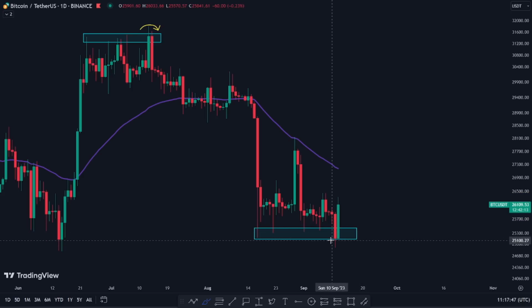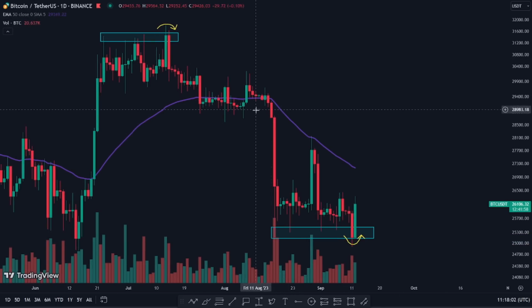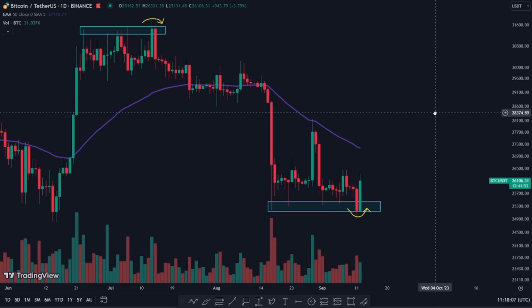But when I saw yesterday that we actually swept the lows and price didn't want to go lower, and I checked the volume, we're going to go through that in a minute, I thought, hang on, this looks exactly the same, okay? So then I pulled the volume indicator. This is an indicator that I don't use much, but for deviations or false moves, it can give you a good idea, okay? And I remember that one of the reasons why I thought that this was a deviation and I entered a short at 31,400 was the volume. Check this out, okay? This is the volume of this pump and then of this range.